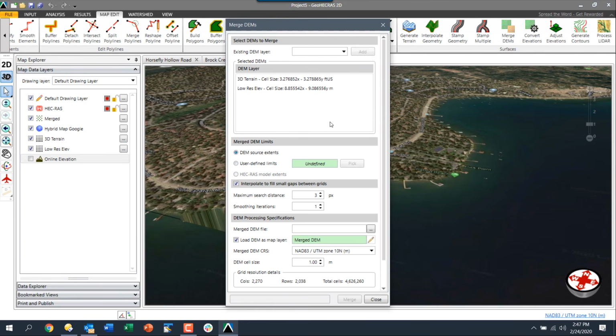and the order that these are in defines the accuracy, or defines which one's processed, which one has precedence. So the ones that are most accurate you want to put on the top, and the ones that are least accurate put on the bottom. You can merge as many as you want. And I'm going to go ahead and merge these two as one elevation data file. So I'm going to go in here and save this on our computer,